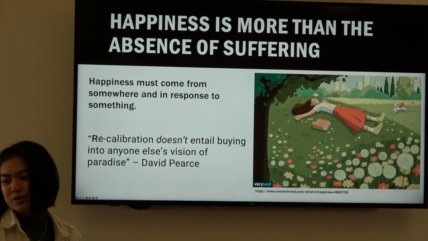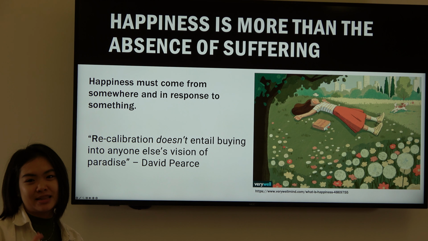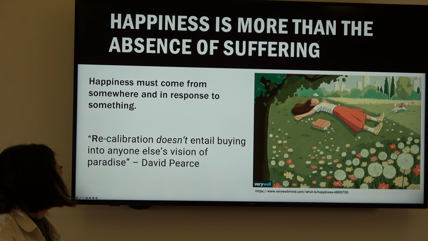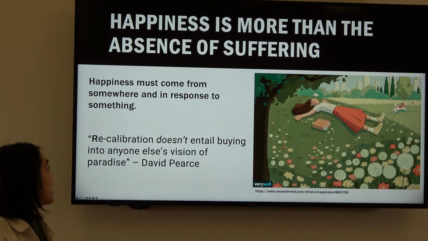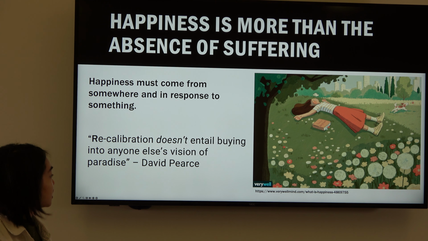So happiness is more than the absence of suffering. Even if we do eliminate that sadness gene from humans, we can't guarantee that that's going to make us happy just because we don't have suffering. Happiness has to come from somewhere and in response to something. And David's response to this is that recalibration doesn't entail buying into anyone else's